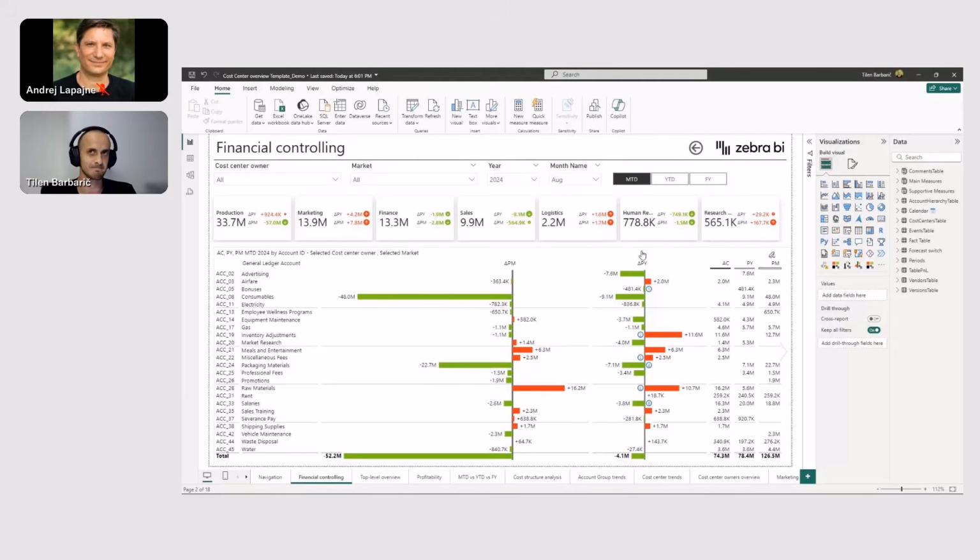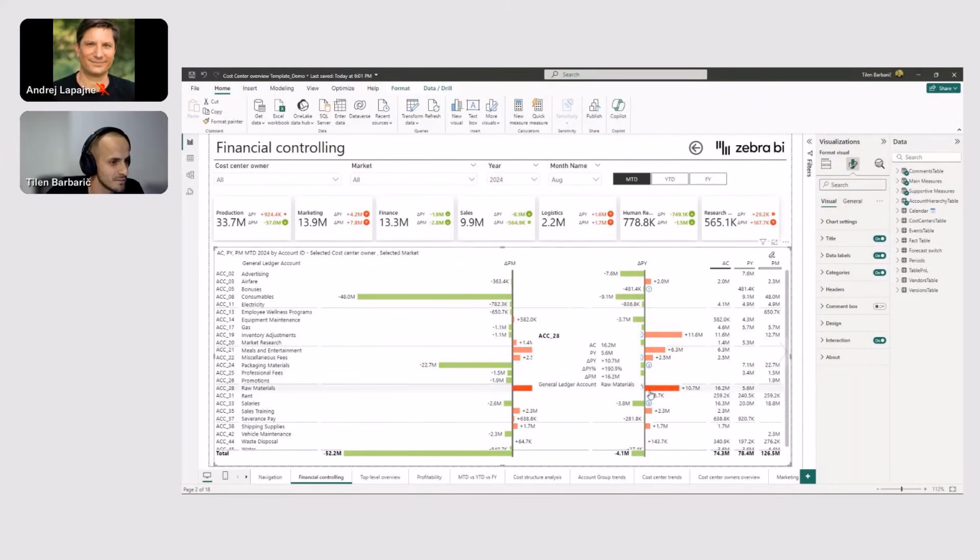I regularly came across the issue that every time I spotted some irregularity, a big difference, such as in this case, I was struggling with what I should really do with this. Is this the proper GL account, or is this expected behavior, stuff like that? And this is where comments can really come into play. You can set it up as a tooltip or as a side pane, and it will help you identify the wrong postings. For example, in this case, this is the general ledger account salaries, and I made a mark